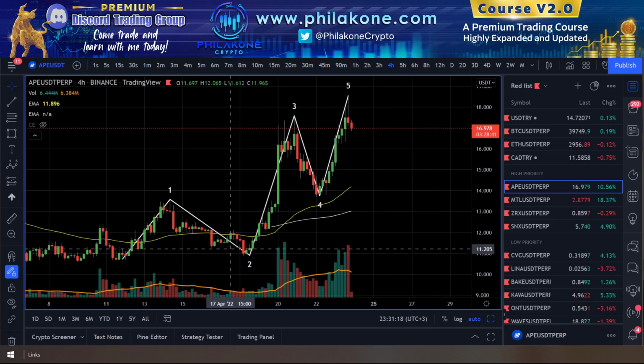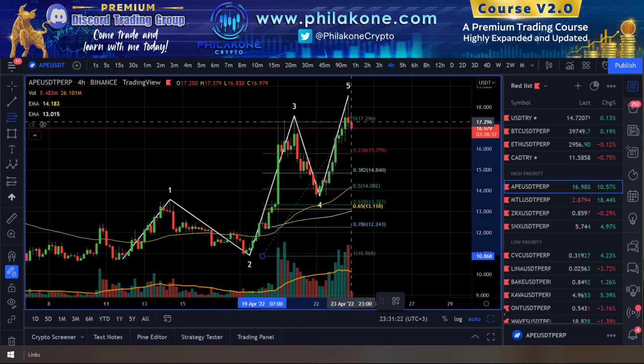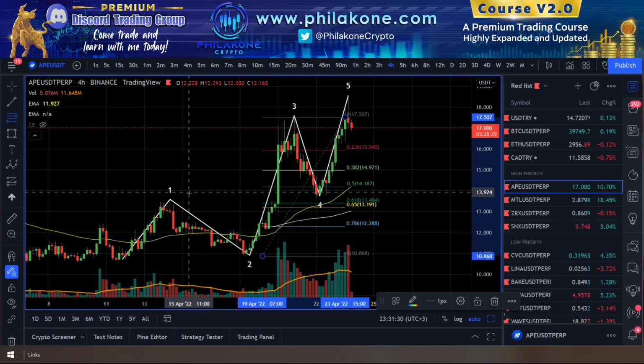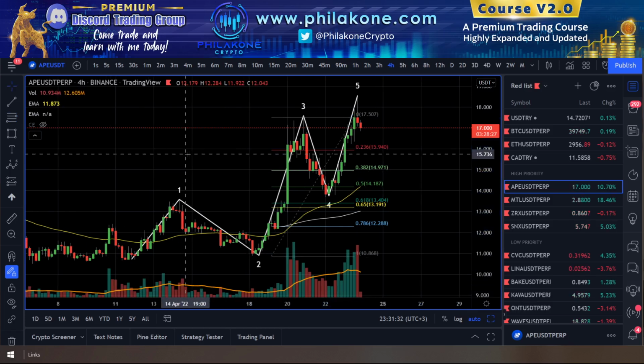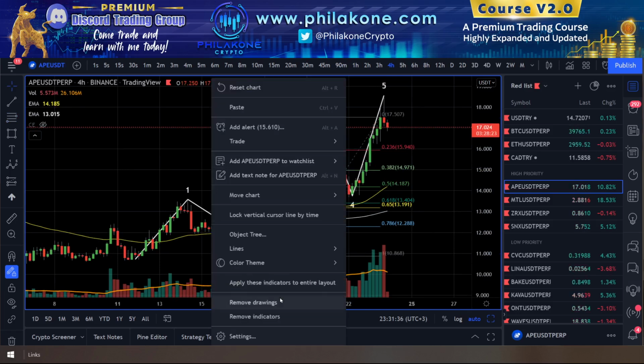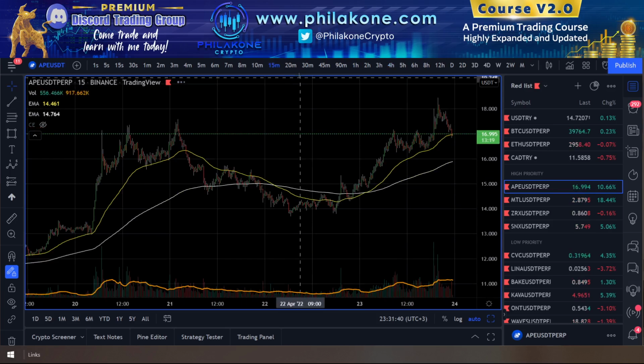We see that the wave 2 was very deep. So the wave 4 here was not as deep. We get a bounce to between 0.618, which is the golden ratio, and the 0.5 Fibonacci level. This one gets a much deeper retracement, as we can see here already. So right now, this wave is most likely done. This is the third structure that we see.